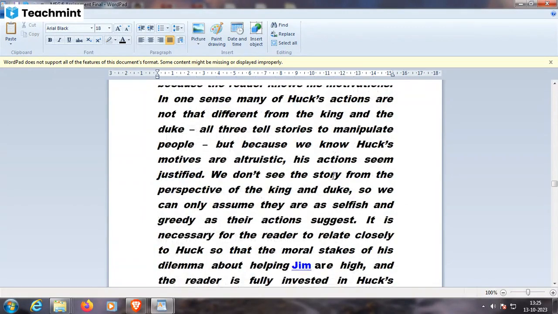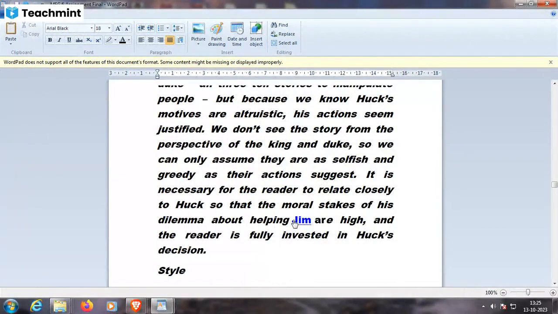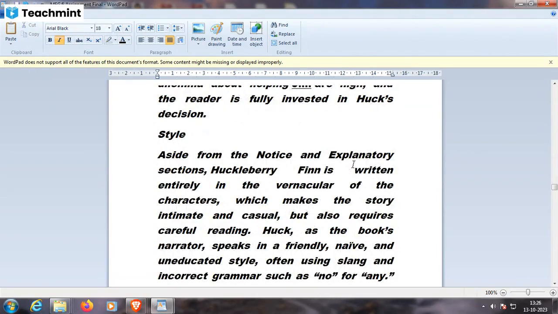It is necessary for the reader to relate closely to Huck so that the moral stakes of his dilemma about helping Jim are high, and the reader is fully invested in Huck's decision. Style: aside from the notice and explanatory sections, Huckleberry Finn is written entirely in the vernacular